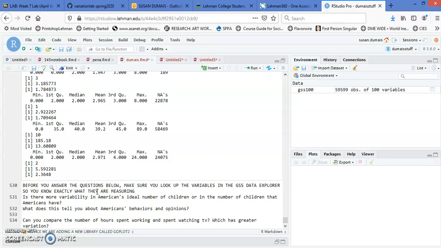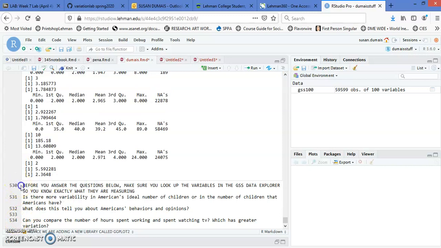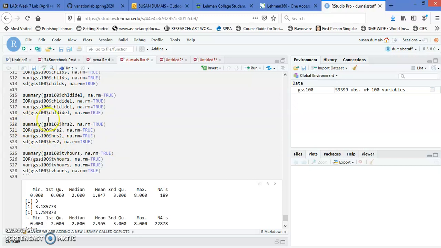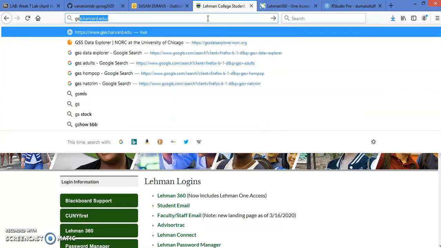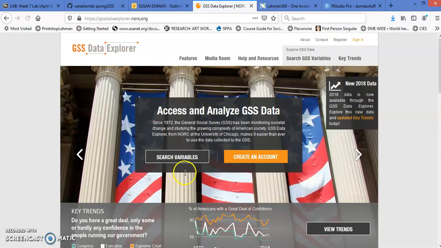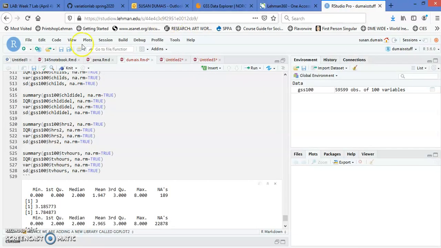So I've kind of told you along the way what the variables are, but I have a little warning here. Before you answer the questions below, make sure you look up the variables in the GSS Data Explorer so you know exactly what they are measuring, right? So if you, for example, didn't know what child ideal is, you want to go over to our GSS Data Explorer. You want to search variables, and you want to make sure you have the exact spelling of the variable